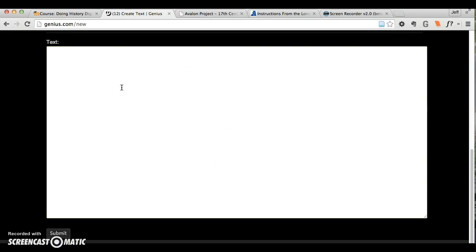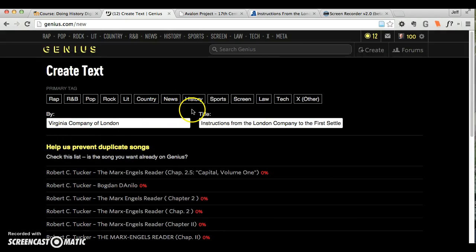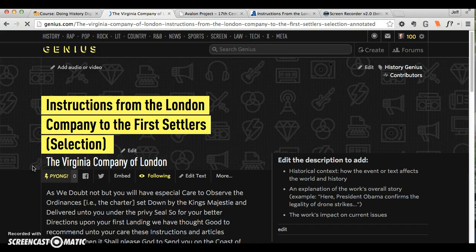and then in Genius paste. And then I'm going to make sure at the top, because I didn't do this the last time, I'm going to make sure I choose history as the primary tag, and then I'm going to submit. Takes just a minute. If by chance you wanted to give instructions to students that were audio or video, you can see there's a link up here. So you could describe what to do to students there,